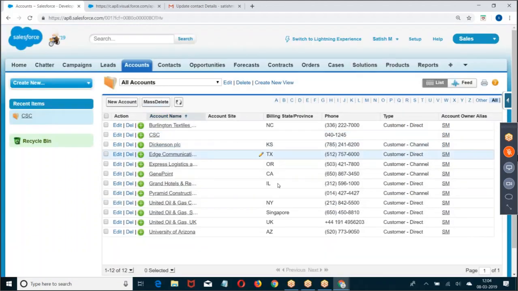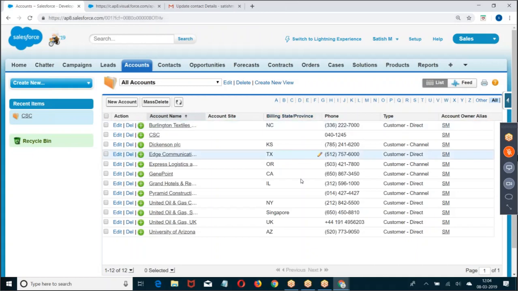Was that clear? Now, here we are going to select more than one record. There is a reason. It should be what? Standard set controller. Now tell me the difference between standard controller and standard set controller. Standard controller will refer to a single record. Standard set controller will refer to a group of records from list view. Standard controller is used to create a button on a detail page. Standard set controller is used to create a button on a list view page.